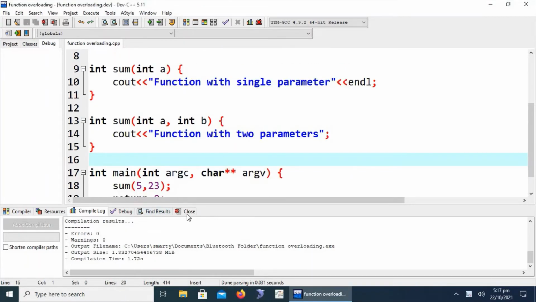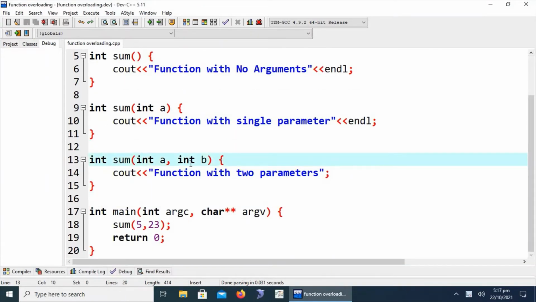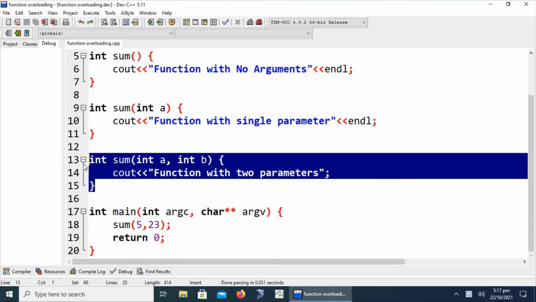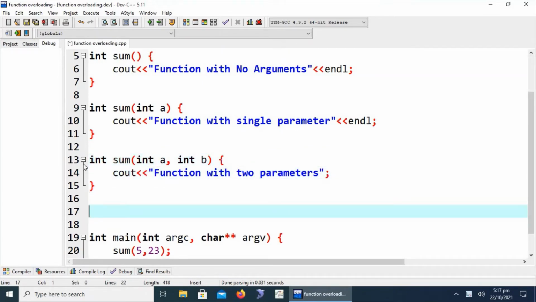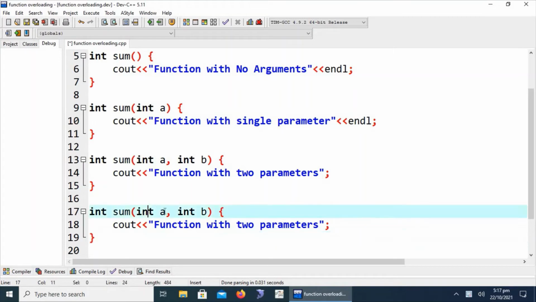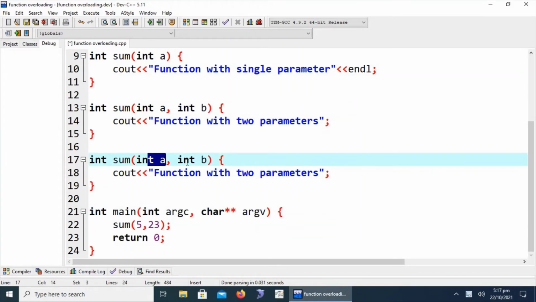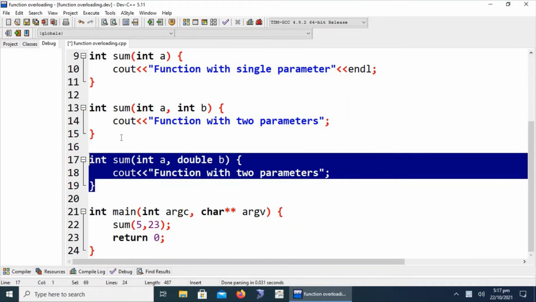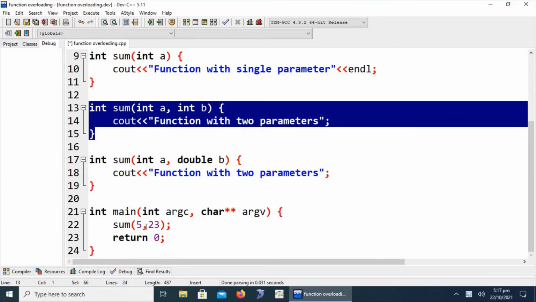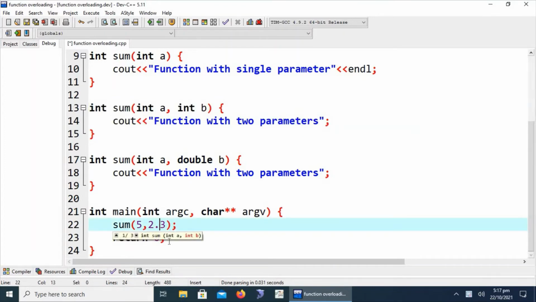Aside from this feature, C++ also provides us the facility to change the type of the arguments. This is also part of function overloading. Let's demonstrate it. If we write here another function having the first parameter as integer and the second parameter as double, then this will also call the appropriate function depending on the parameters provided to the function call.